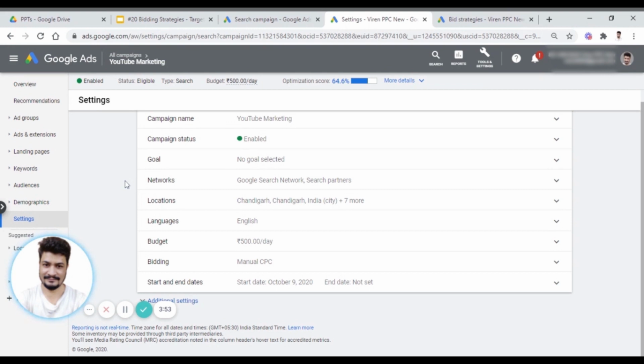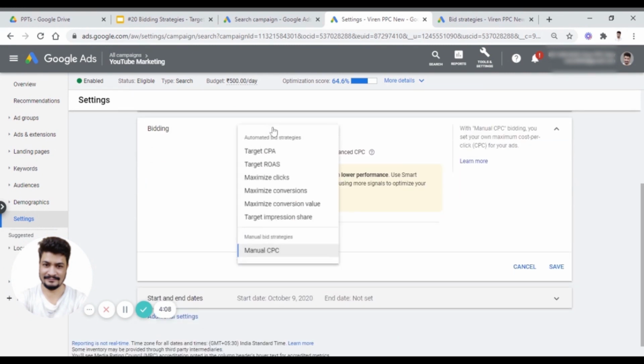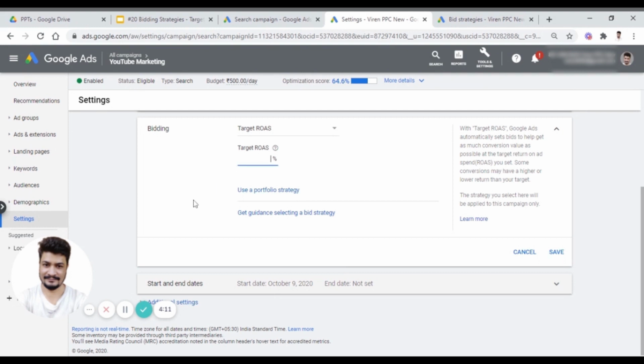Now let me set this bid for an existing campaign. If you're running a campaign and you have some conversions in the campaign, then go to the campaign settings, click on manual CPC, click on change, and from here you can set target ROAS bidding. So let's say you want to spend around $1 and get $4 in return, then you can set 400%. So it's a 4-times return. You always need to multiply by 100. Let's say you want a return of 10 times, then you multiply 100 by 10. If you want a return of 2 times, then you multiply by 2. So let's say I want a return of 4 times, then I can set it to 400.